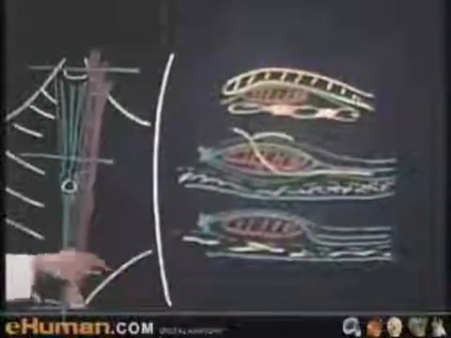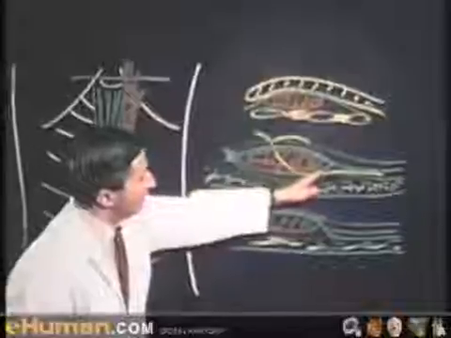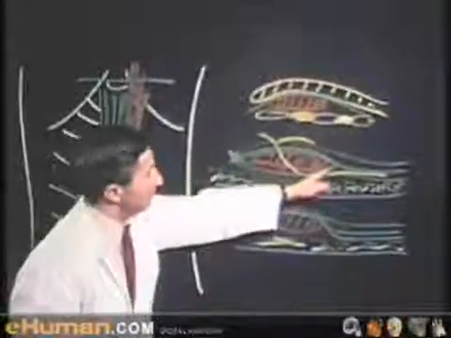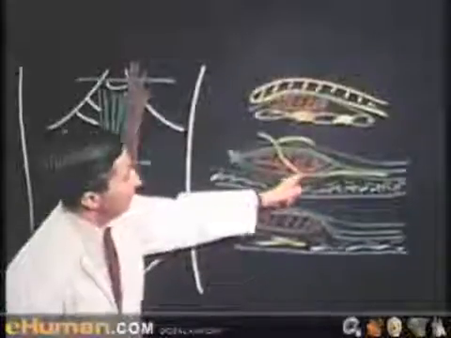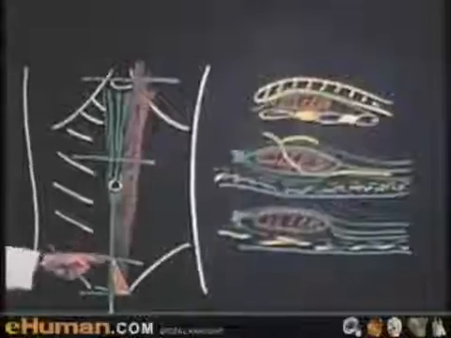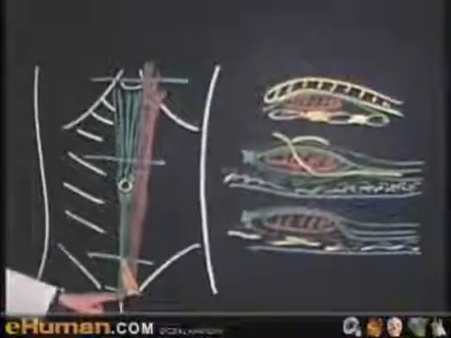Below that level, everything passes in front. And this forms a lower margin called the arcuate line, the lower margin of this posterior lamina of the aponeurosis of the internal oblique. Now let's come down to the lowest point, the part in front of the pubic symphysis,